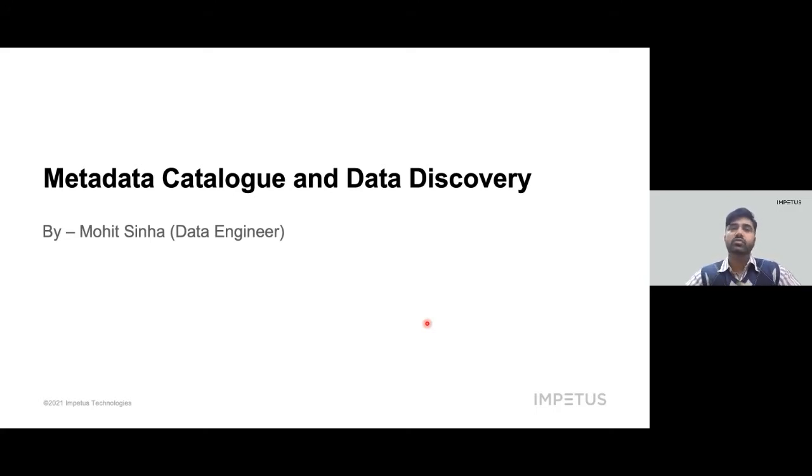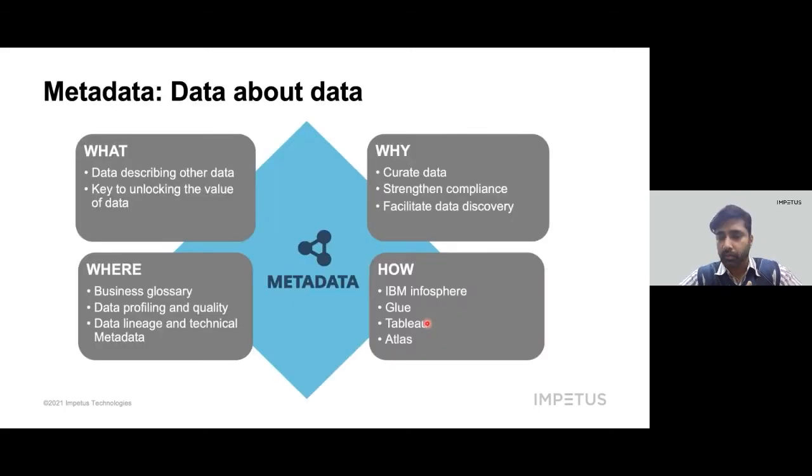Let's try to understand this through an example. Suppose you're looking at a report and you see a section where you have absolutely no idea where it has come from. To know where it has come from can be a very nasty question for many organizations to answer, because they do not even know how the data is moving within the organization from one system of records to another. But if only we had answers to four important things, like what, why, where, and how about metadata, life would have been a lot easier.